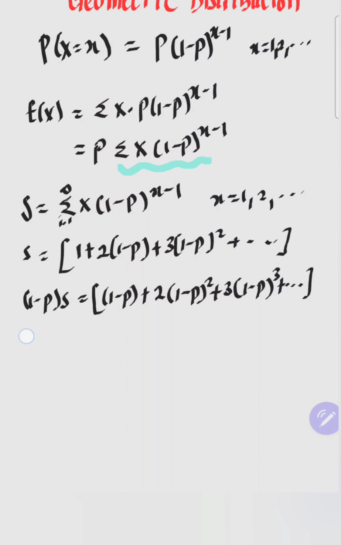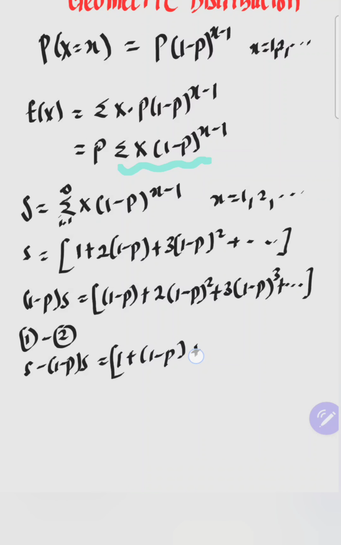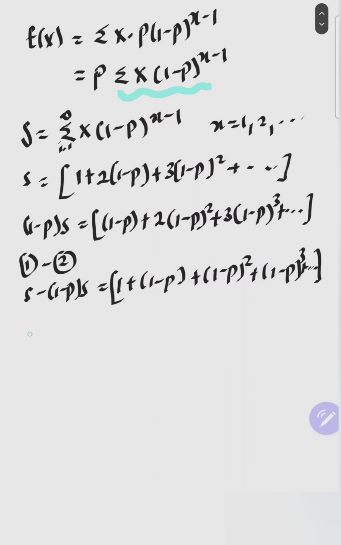Now, next is to say equation 1 minus equation 2, that is s - (1 - p)s. And this is going to be 1 + (1 - p) + (1 - p)^2 + (1 - p)^3 + and so on continuously. Now, here you're going to have ps on the left-hand side after simplifying, equal to